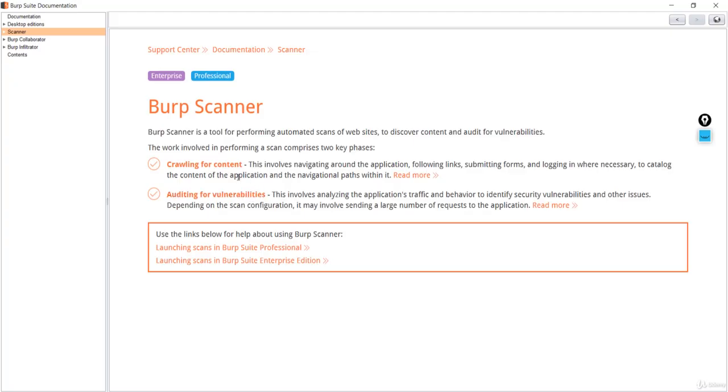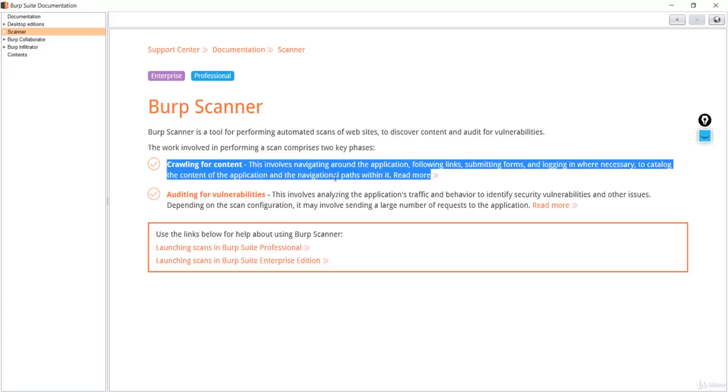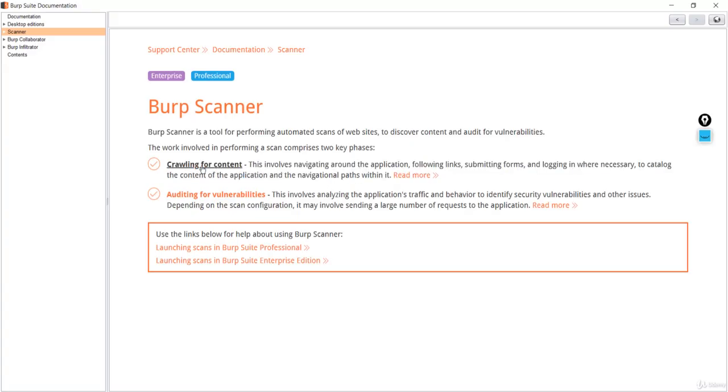That means it will search for content, fetching all the forms that may have some XSS attack, or getting some of the links. Navigation within the links is basically the crawling, and the next is auditing for vulnerabilities. That is just scanning for the configuration so that it will test a large number of requests. If it has some forms, it will inject some code or some payload or random values into those form fields to see if it is vulnerable or not. So this is the Burp Scanner.